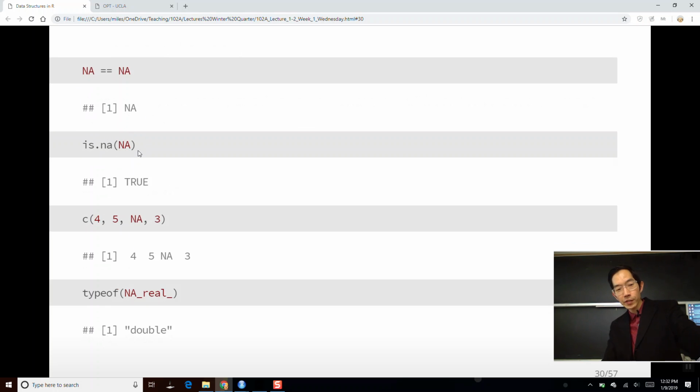If you want to check if something is missing, use the function isNA. Don't say is it equal to NA. If you say is NA equal to NA, you're going to get missing, because